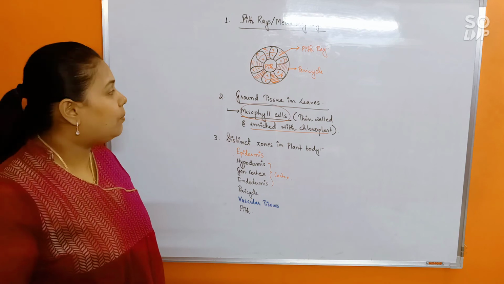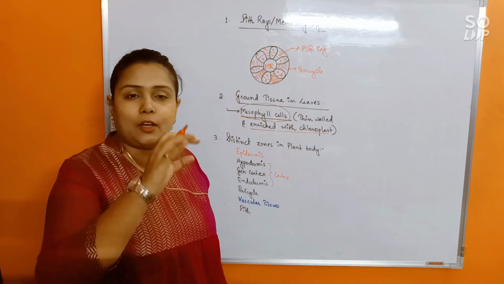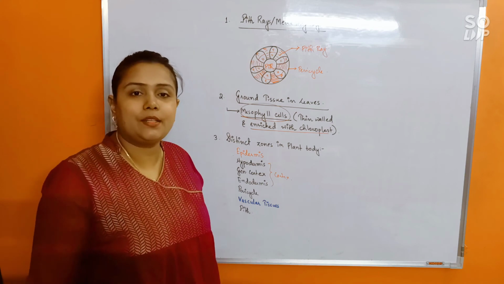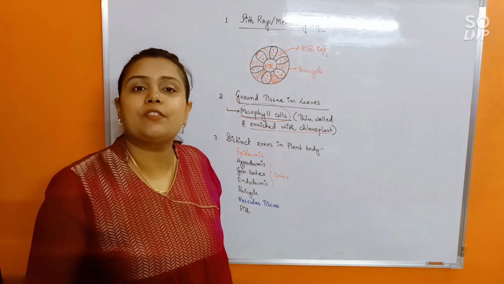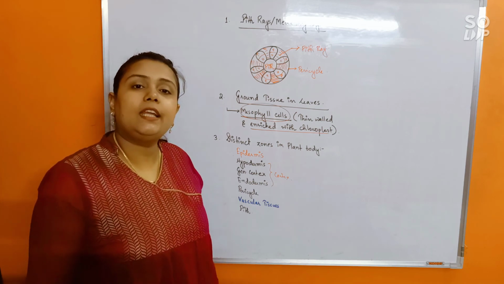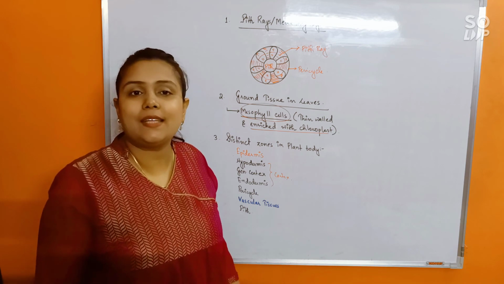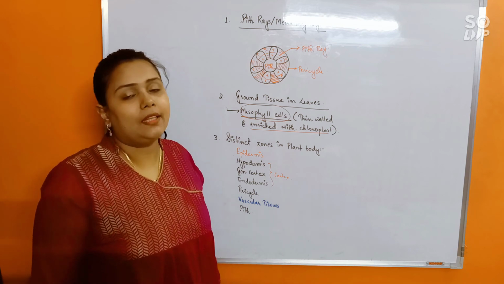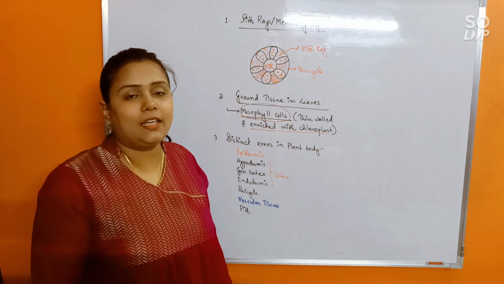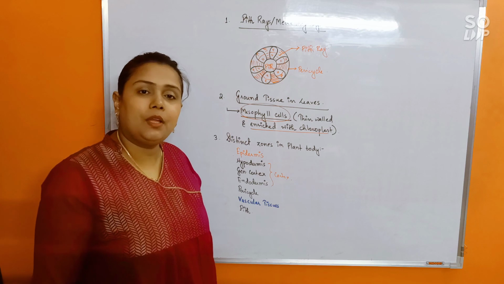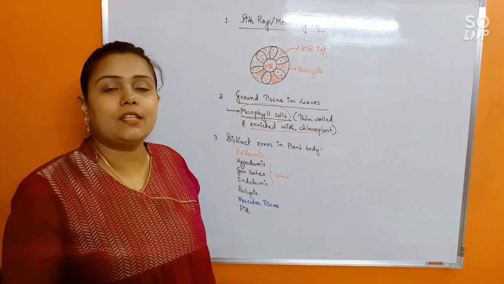So do remember, leaves do not have cortex and pith, and all those distinct layers are not present in the leaf, as seen in stem and root. Rather, leaves possess green colored specialized photosynthesizing cells called mesophyll cells. Okay, so that's all regarding the ground tissue system, and I hope you are all clear about it. The next class will start with the vascular tissue system.